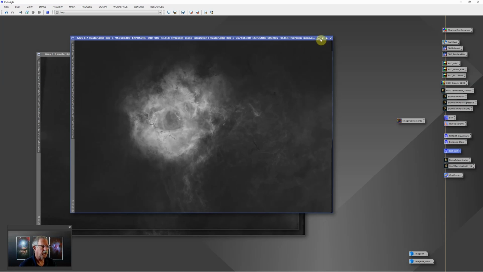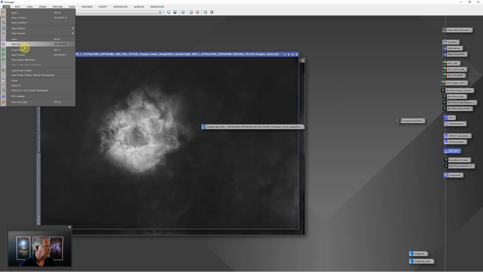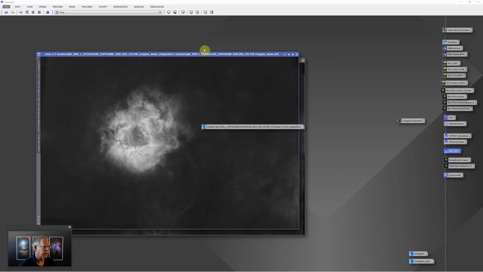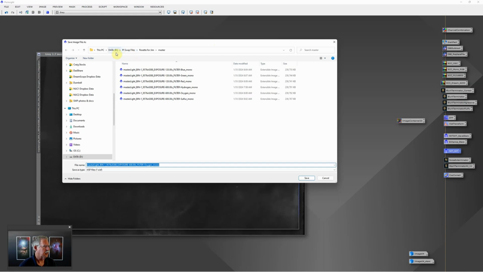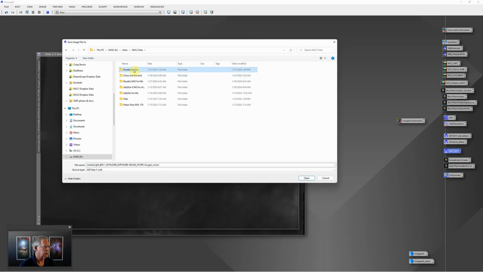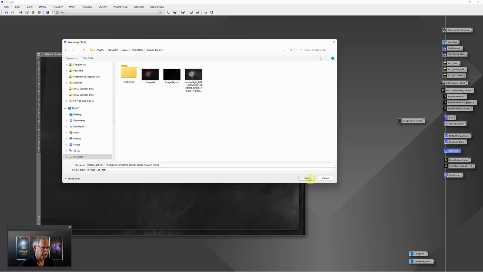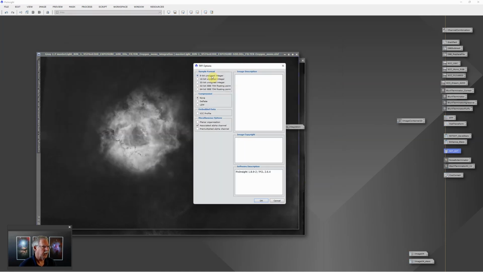And typically what I do after I save it is just minimize it, go to the next one, File, Save As, and again we'll have to navigate back to the correct folder, select TIFF as the file type, and 16-bit as the bit depth,